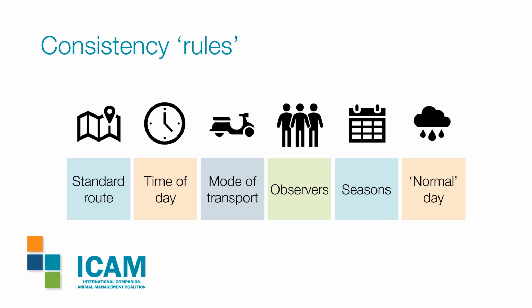Also avoid unusual days. So bad weather. If it's raining, don't go out because the dogs won't be going out either. Also avoid days of unusual human activity. So market days or public holidays are well worth avoiding. Dogs will change their behaviour in response to both the weather and what people are doing. So we want to reduce as possible these other confounding variables which are going to change your dog density. So keeping all these things consistent will minimise those confounding variables and improve the validity of your data.